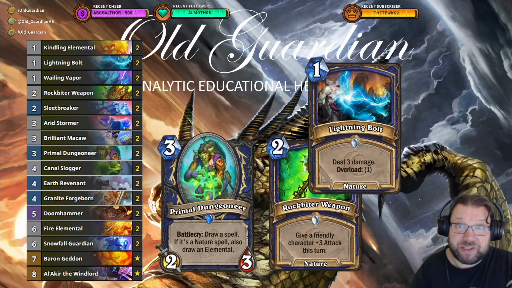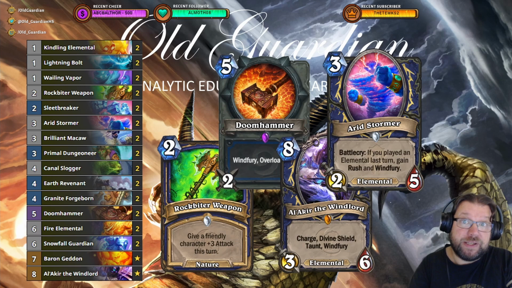There's Rockbiter Weapon, and there is Lightning Bolt. So damage, damage, damage. And there are a bunch of ways that you can use Rockbiter Weapon in this deck, because obviously you have Doomhammer in this deck, so pow, pow, pow. You can go face with that weapon. Rockbiter goes nicely with Doomhammer, but Rockbiter also goes nicely with your Windfury minions, because there's Arid Stormer and there's Al'Akir the Windlord,